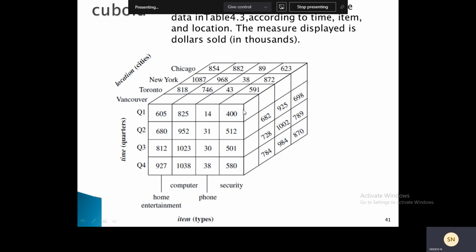If we continue like this, we can display n-dimensional data as a series of n minus 1 dimensional cubes.